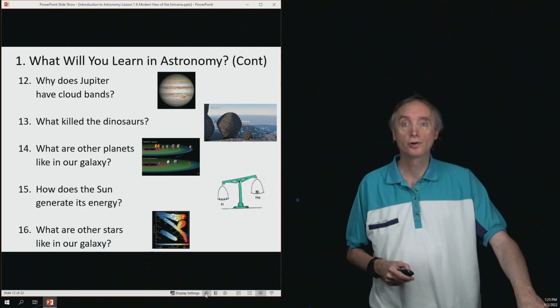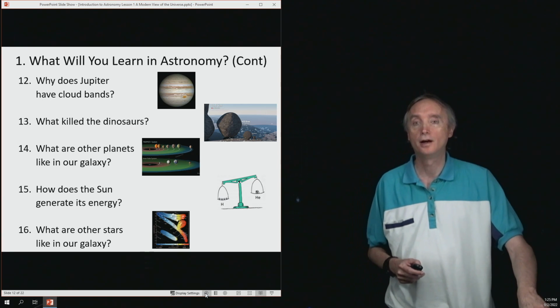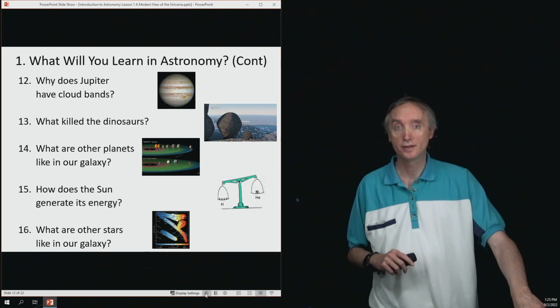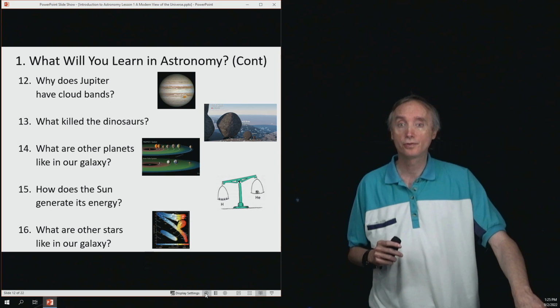And then we're going to learn about weather. That is going to be lesson number 12, Earth weather. And then we're going to apply that weather to the Jovian planets, the gas giants. In lesson number 13,